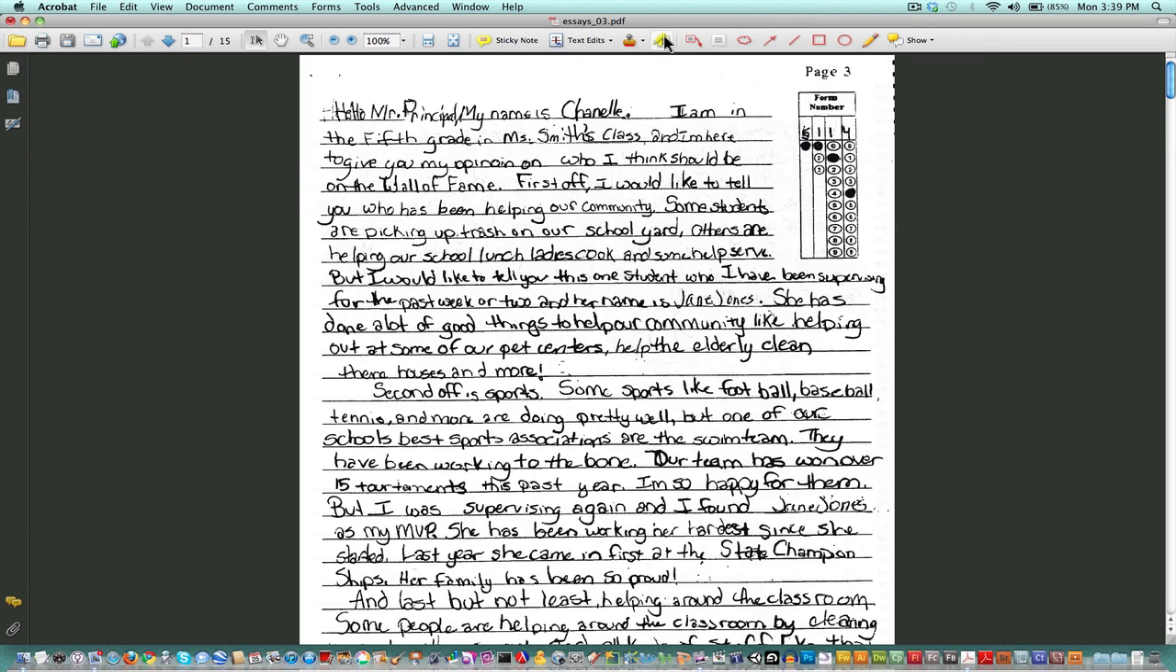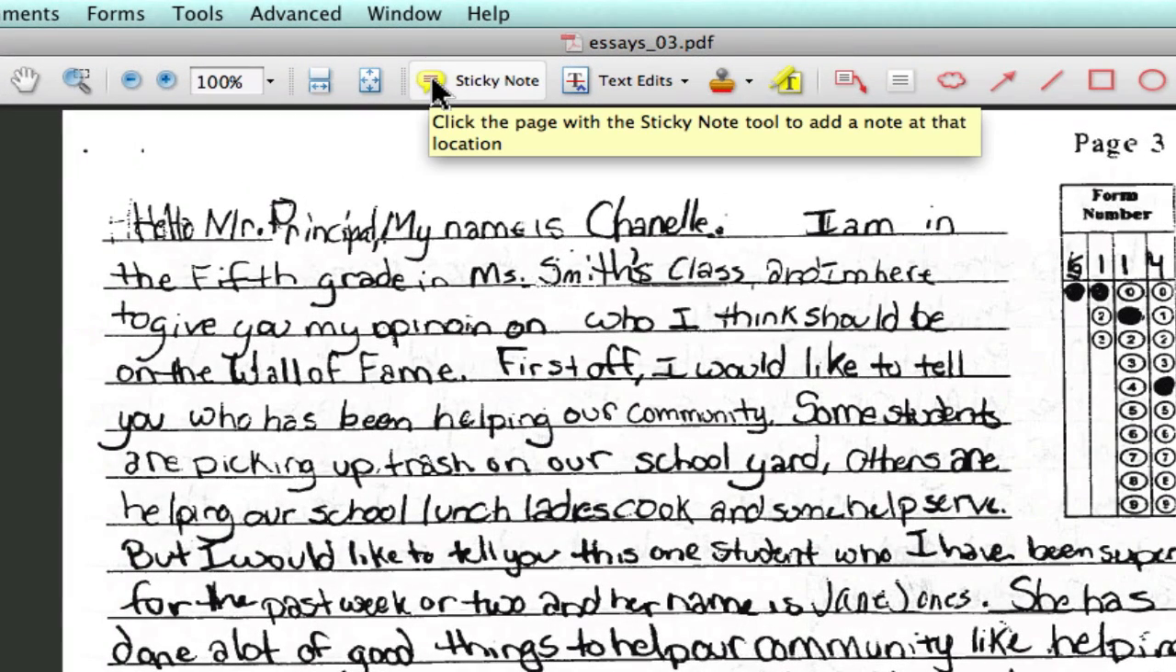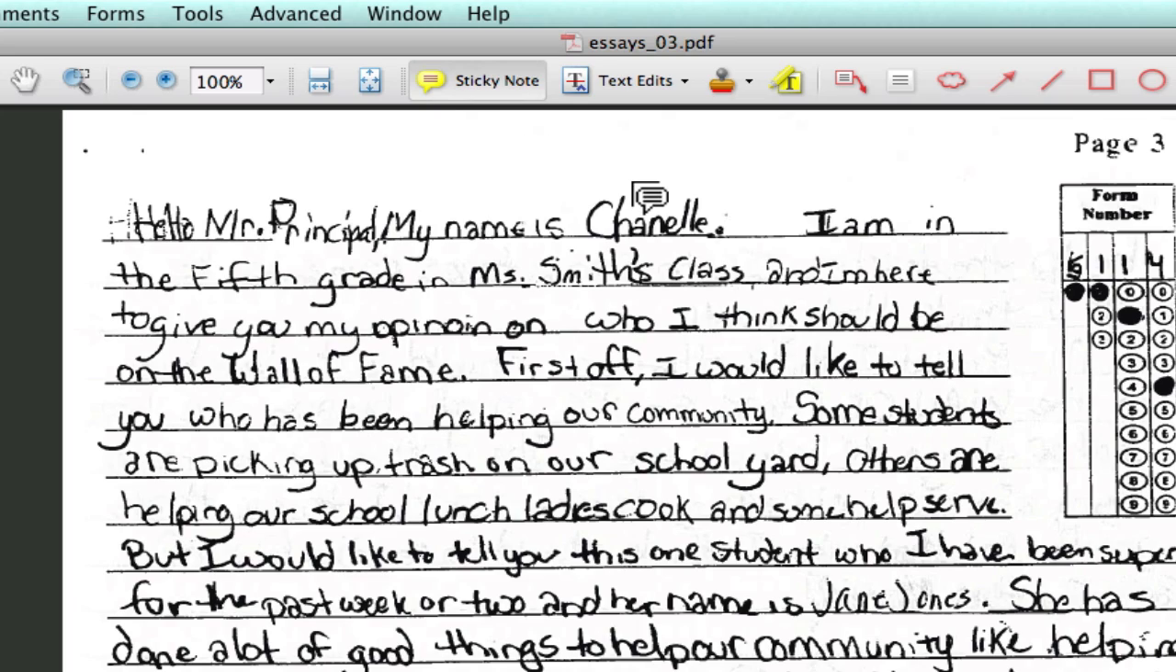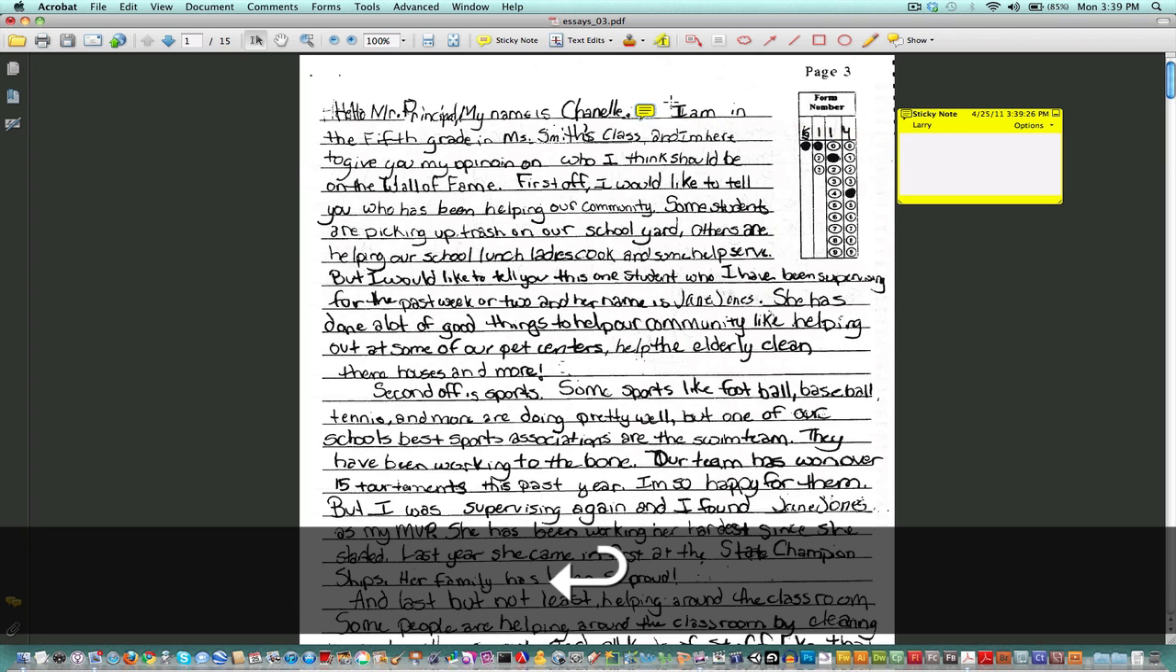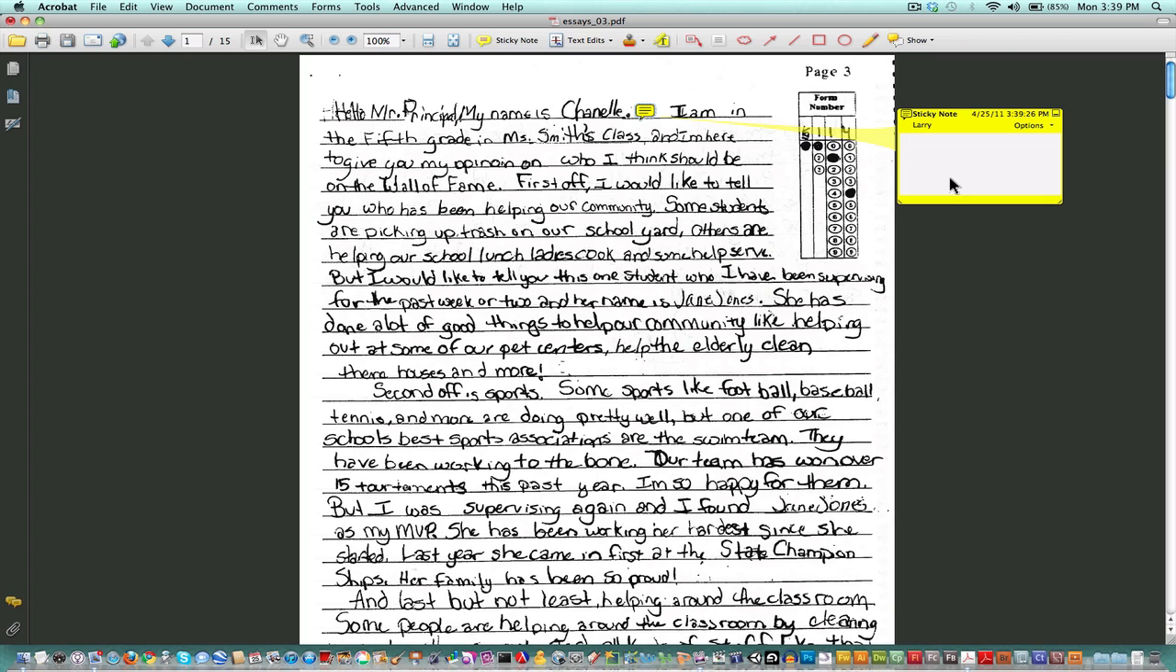Okay, so say we want to make a comment on this first essay. This is a sticky note, and you would just click it to activate it, and just drop this sticky note wherever you want on the essay. And you can make your comment. We'll say comment with sticky note. And I hit enter, and it's actually